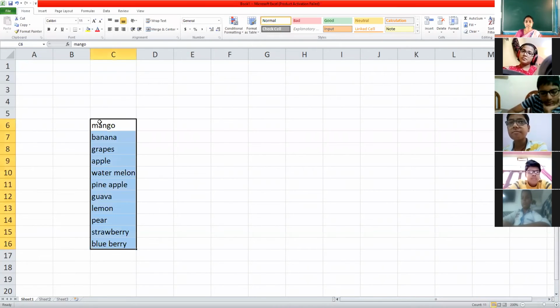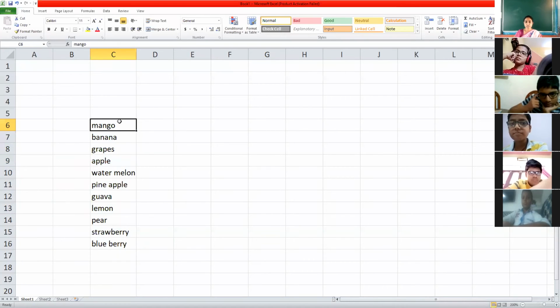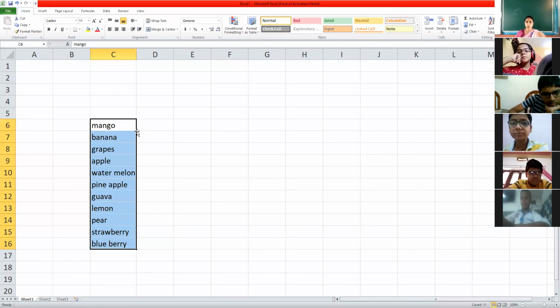So what I will do, I will select this particular area. Fine. Now, as it is selected, when you take your mouse pointer to the edge, these lines, you can see it is changing to an all-side arrow, like a plus sign.